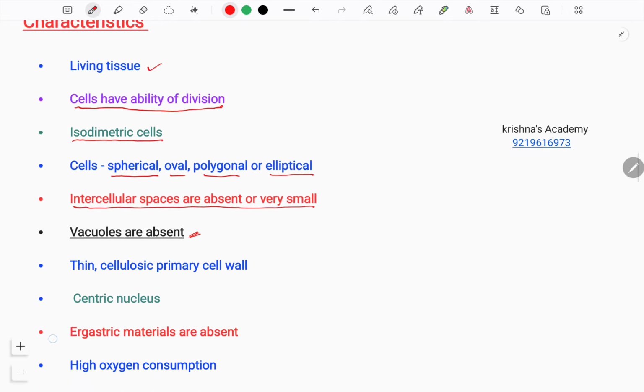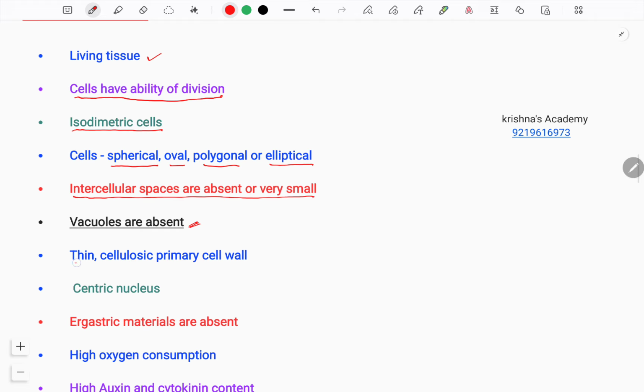Next, thin cellulosic primary cell wall. In the living cell, only the primary cell wall is present, which is made up of cellulose, and it is thin as compared to the dead tissue in which the secondary wall is also present. Due to the